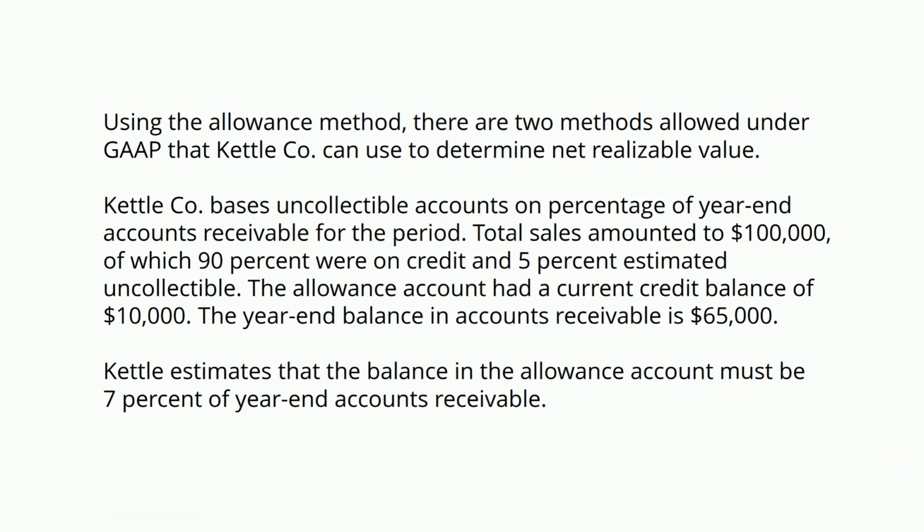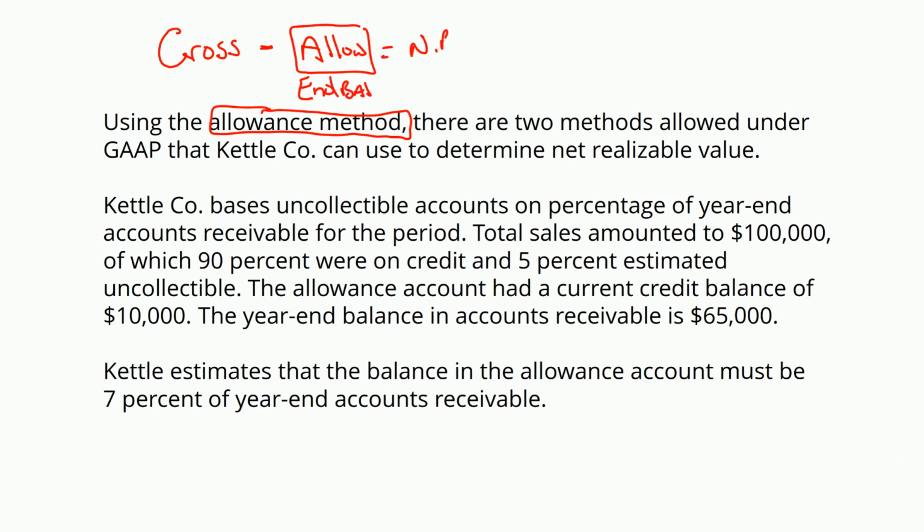Alrighty, so let's jump through and let's bang this out. Here we go. So we know we're doing the allowance method. If you've been out of school a while, remember, as a general rule of thumb, percentage of credit sales, the income statement approach, is no longer going to be what we're going to use. We're going to focus in on the balance sheet, and we want to emphasize that gross amount minus the right balance, that ending balance that we need in the allowance account. How are we going to get that ending balance? And then that gives us the net realizable value for that account receivable.